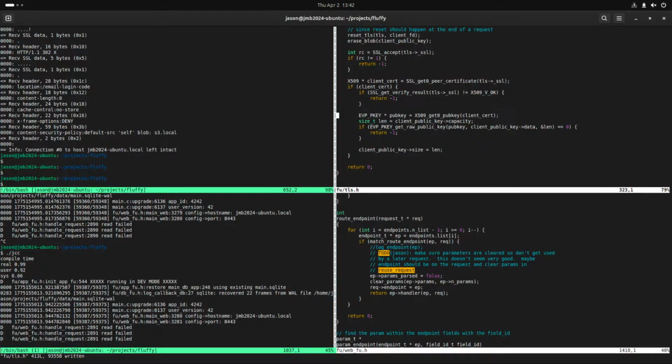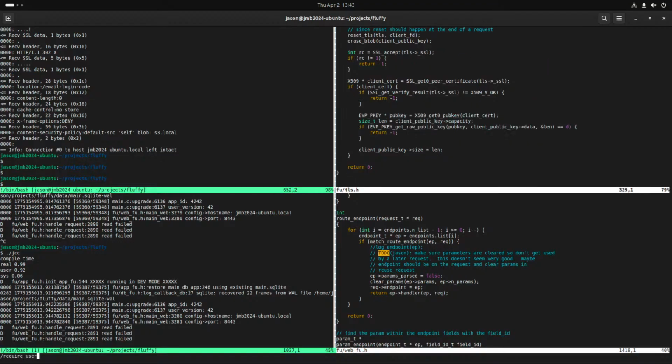Whatever. I would gladly replace it with something else. So I get the certificate, I get the public key, I set the public key into the thing, and then